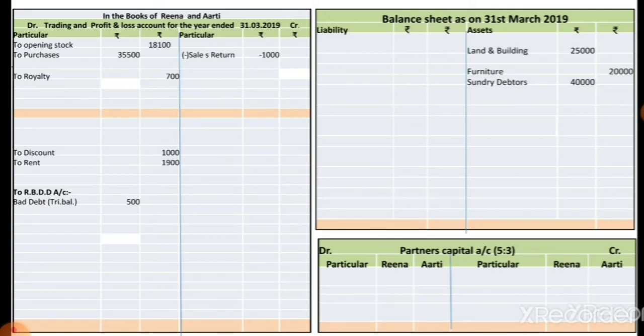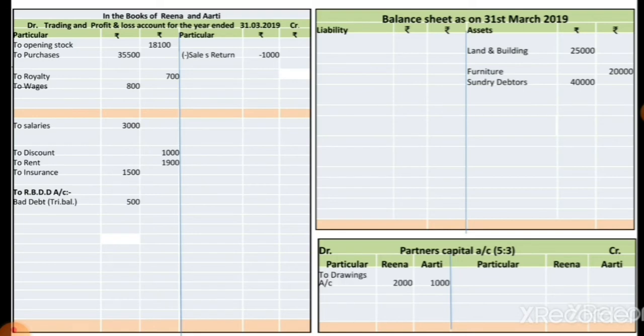Afterwards, there is rent, which is recorded on the profit and loss account debit side, directly in the outer column. Next, salary is also recorded on the profit and loss account debit side, in the inner column, as there is an adjustment. Then wages is a direct expense, recorded on the trading account debit side, amount in the inner column because outstanding adjustment is there, so 800 in the inner column. Next, insurance on the profit and loss account debit side, inner column 1500.